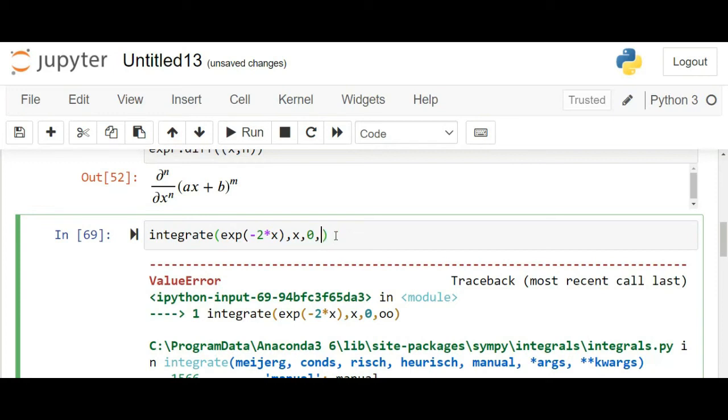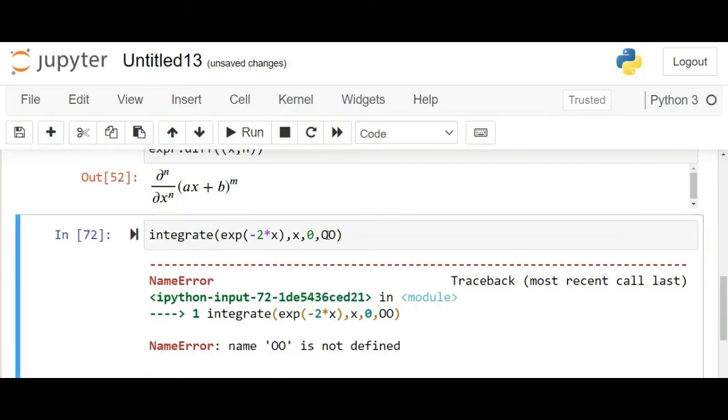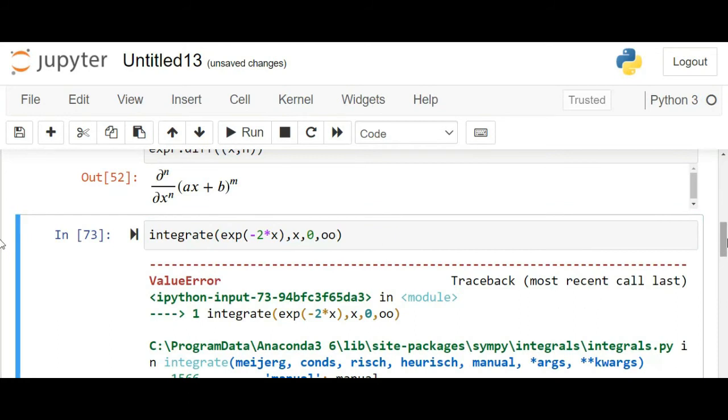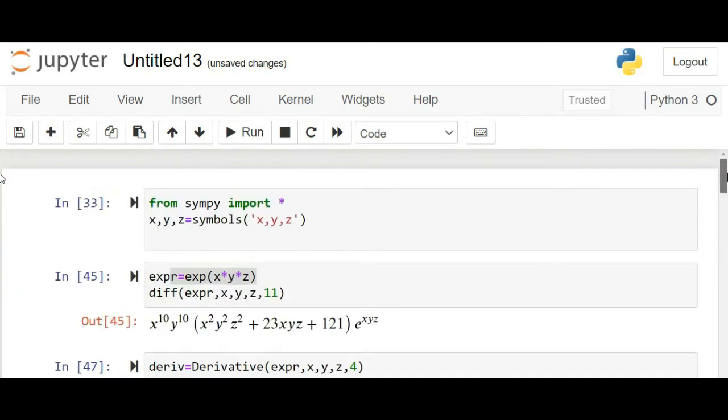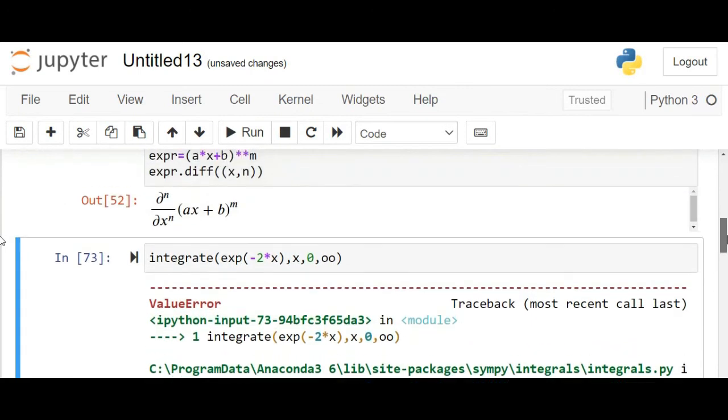Maybe the keyword symbol is 00, maybe this is again not working. I think 0 to infinity, this is not defined. If I write a single O, yes, Control and this one, we have a problem, invalid. Okay, if I write not 0 to 2, for example, if I write over here 2,